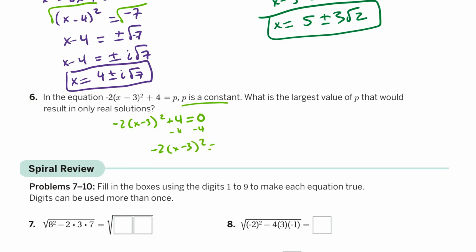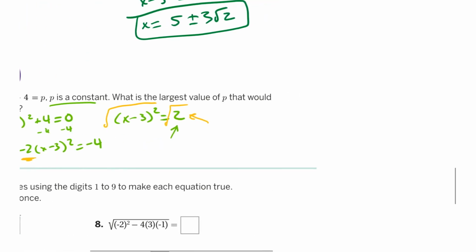and then I'm going to divide by -2. And when I divide by -2, I get a positive value over here, because after I square root this, that's what tells me whether I'm going to get real or non-real solutions. So this right number here has to be a positive value. And since I'm dividing by a negative, I know that when I subtract 4, I need it to also be negative. So for example, if I were to plug in just 4 for p, let's do that over